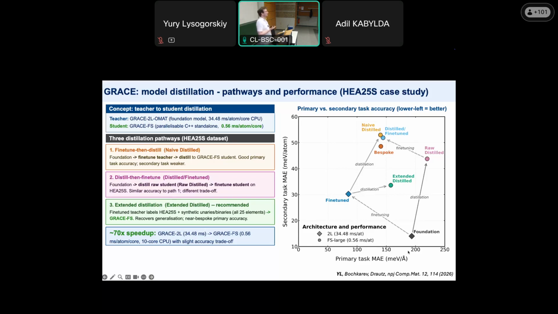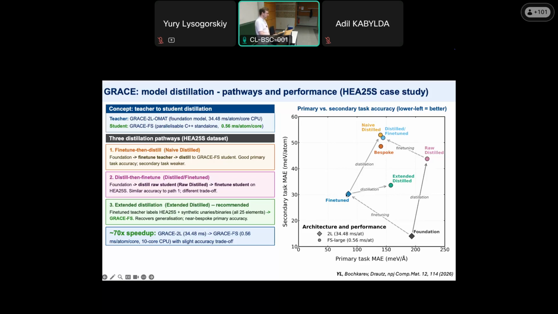And we may have several routes of this fine-tuning and distillation. We may start from this foundational model, and first we can do the fine-tuning toward another big Grace foundational model, but we can use this as a new teacher model and generate new training data, so do the labeling using this model for a new data set, a so-called synthetic data set, that we may use to train new student models.